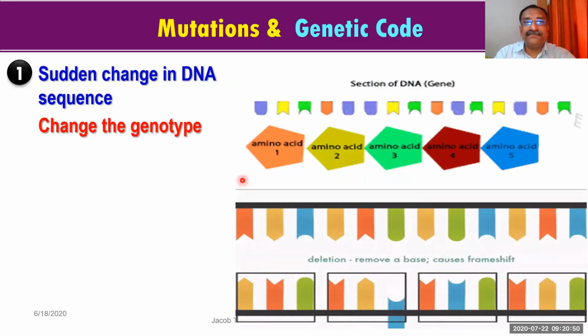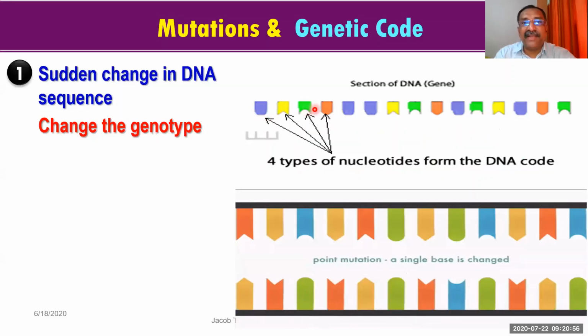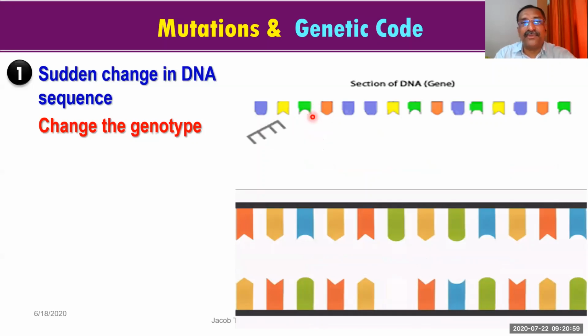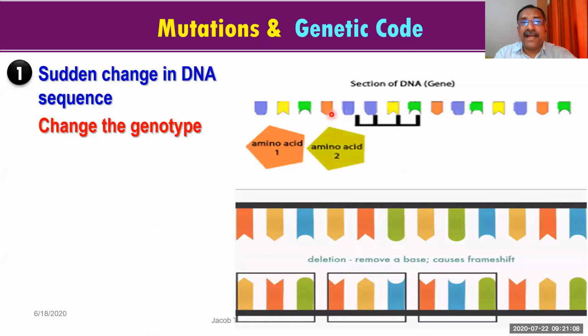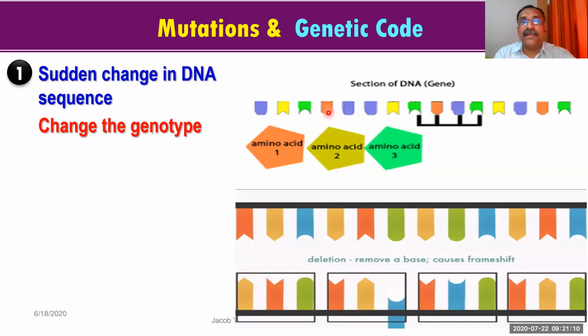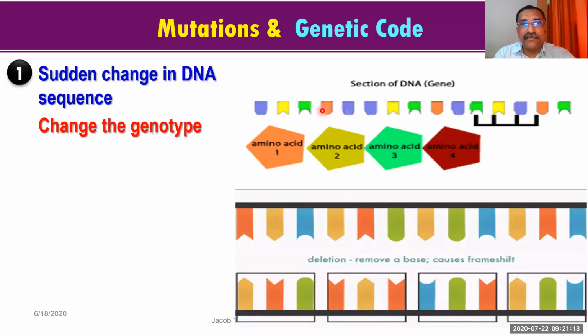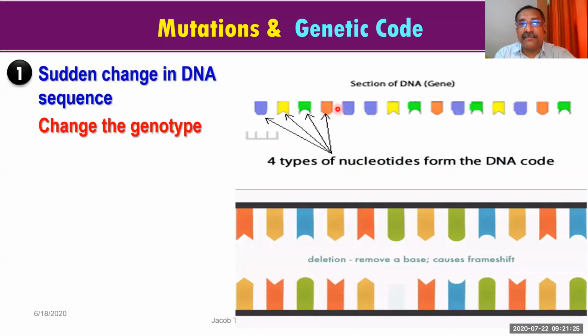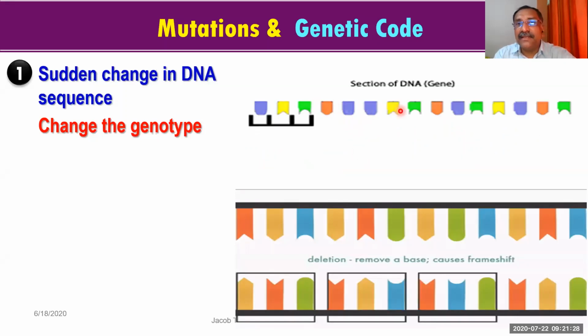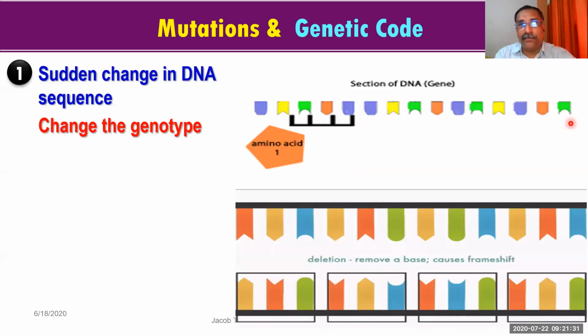Okay, now look here. Now what is it saying? These are the nitrogen bases. Altogether, 4 different types of nucleotides are there. In color, they are shown: a blue nitrogen base, a yellow nitrogen base, a green nitrogen base, and a maroon, yeah, brown color nitrogen base. Now you see the first 3 nitrogen bases represent an amino acid. Then the second set of nitrogen bases represents another amino acid. Then the third set, like that it is going on.